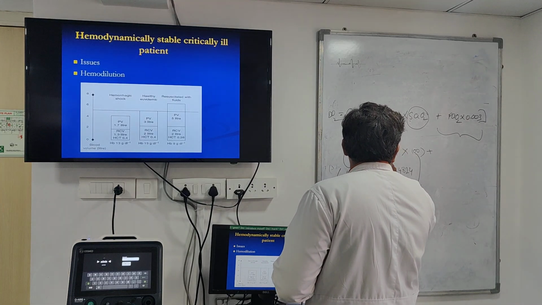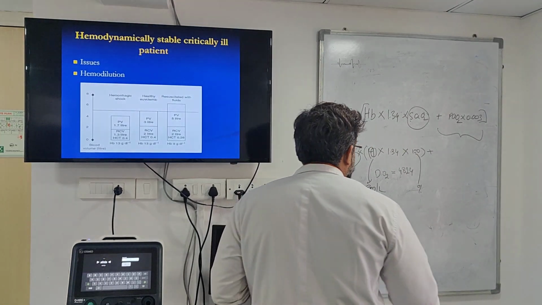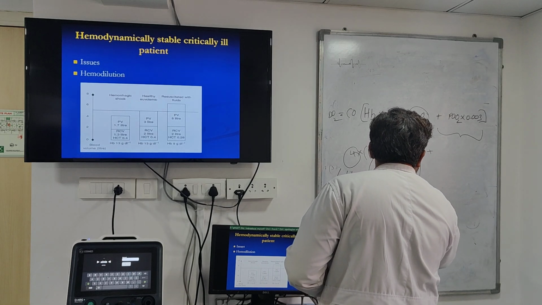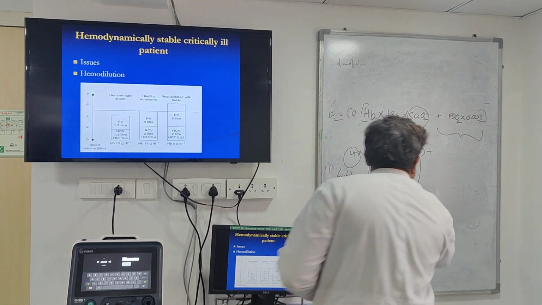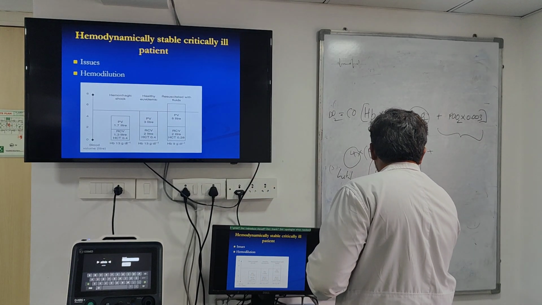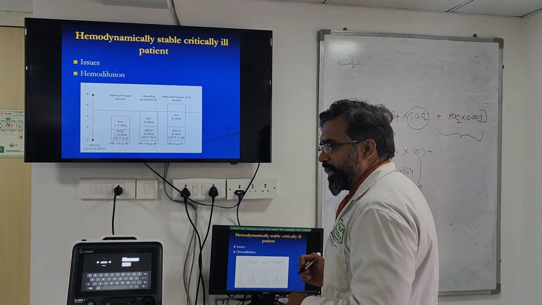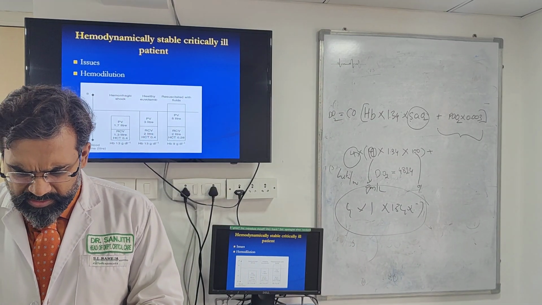Say let's take this as 10. This would be 1 gram per liter. Right? Into 1.34 into 0.1. 1%, no, it is 100%, so 1. You understand? And then you multiply this by 4, then you will get the equation that is right. You are understanding? Otherwise you will not get the equation right. What is people calling me on this?